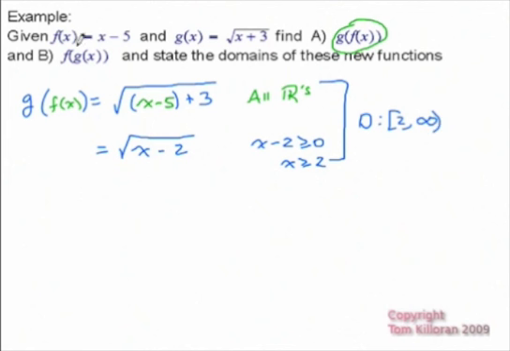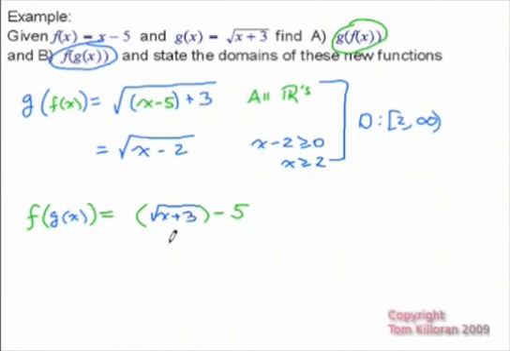Alright, now for the part B, this one here, f of g of x, we're going to be doing f evaluated at this g of x, and f looks like this, x minus 5, so we'll have something minus 5. And inside we're going to be plugging in this g of x. And g of x, of course, is the square root of x plus 3. Alright, now there's not much simplification you can do here. There's no way of combining these two. So the final answer for this whole problem is just going to be the square root of x plus 3